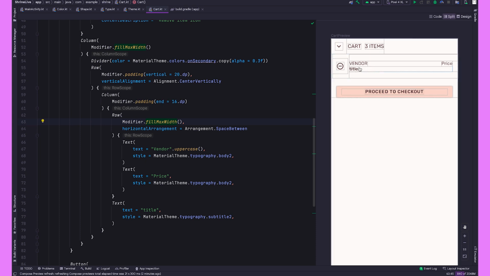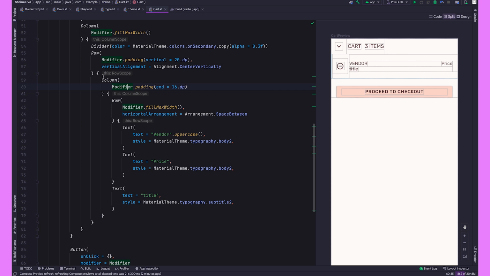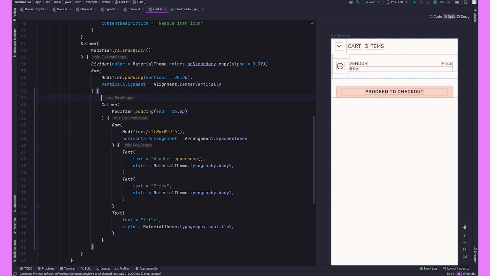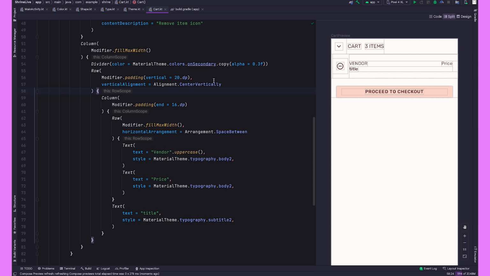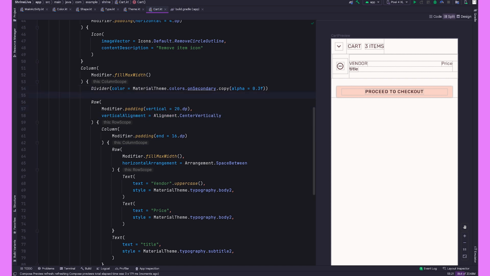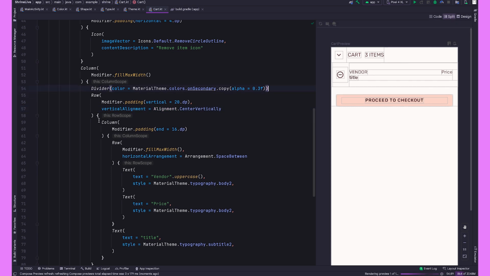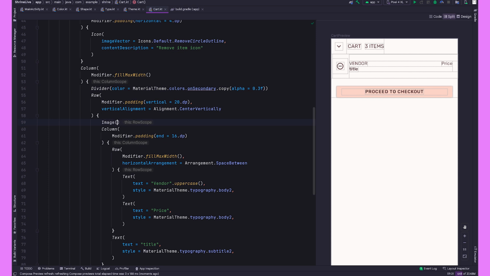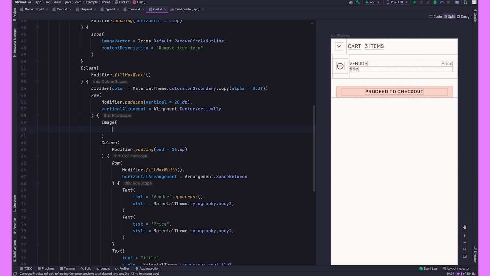So I think what we are missing is an image. Let's see. The image should go, where should it go? I can't remember where it goes. I think it goes after here. Oh no, it goes here. So for image,